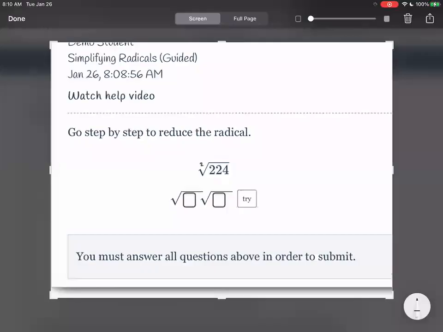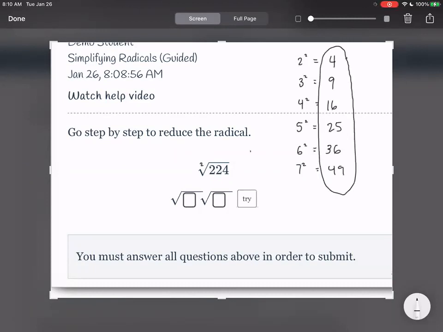So if you guys don't know what a perfect square is, let me remind you what perfect squares are. Those are numbers like, I'll write it over here, 2 squared. So one of the perfect squares is 4, and then 3 squared, another perfect square is 9. 4 squared, another perfect square is 16, and so on and so forth. 5 squared is 25. 6 squared is 36. Okay, so here are some perfect squares. Now let me write 7 squared is 49. So you're going to try to take a look to see if any of these numbers fits inside the number